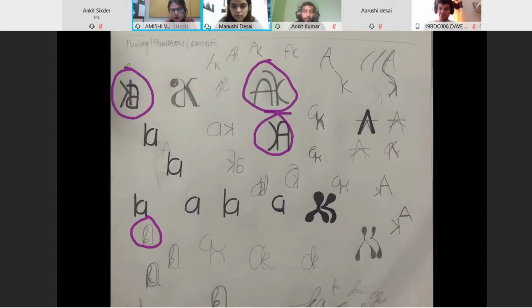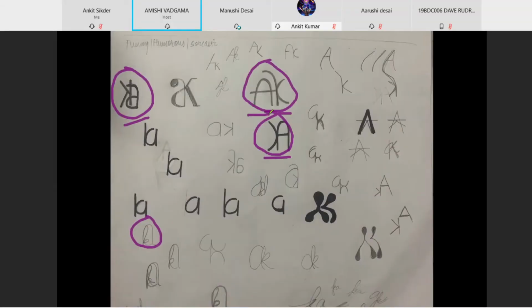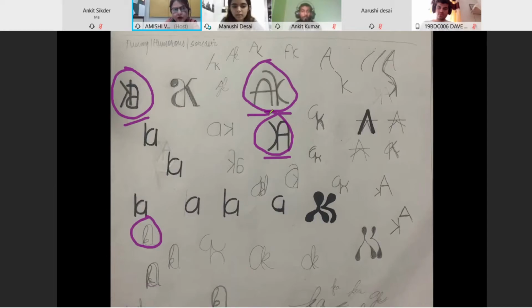Which one are you talking about currently? Ma'am, this one. This and this. So this and this, you reversed, mirrored it. Yes, ma'am. K is not being read as K. I also saw a Y over there. Yes, ma'am, and also K is being seen before because of the sizes. So these are some of the things that all of you need to take care of.